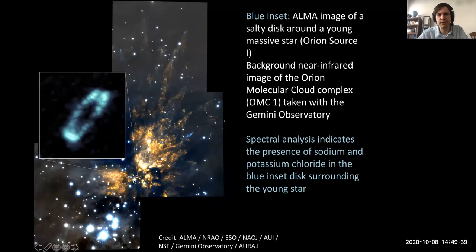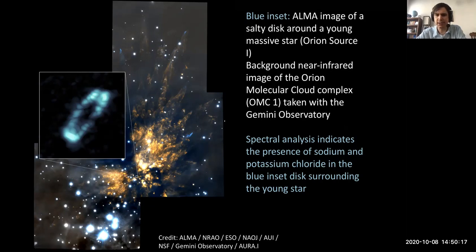And in this particular one, we can take an image with ALMA and we see this ring around this young hot star, a ring of material encircling this young hot star. And not only that, remember that radio waves are really looking at molecules. So we can tune the interferometer to look for certain spectral lines. We can use spectroscopy. And in this one, they used spectroscopy and they found spectral lines associated with two different molecules, sodium chloride and potassium